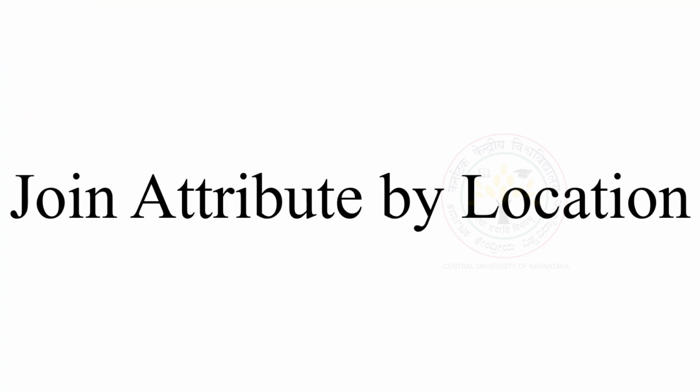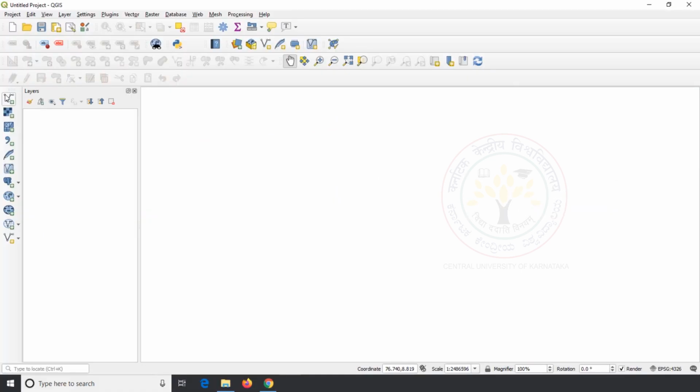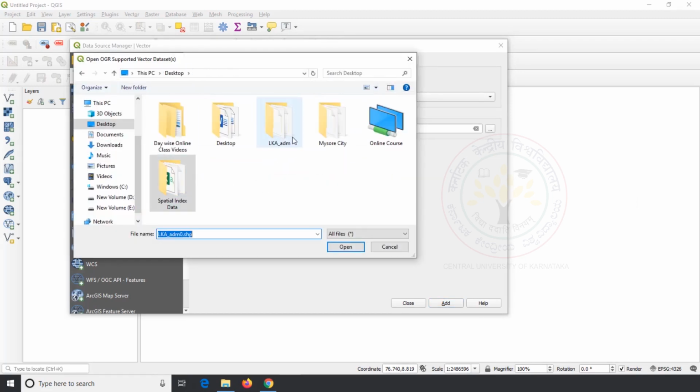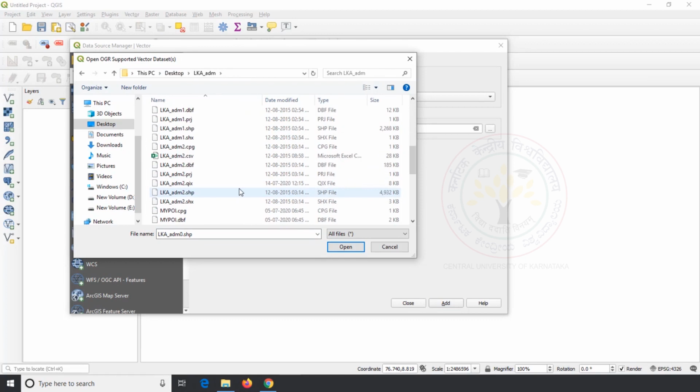Join attributes by location helps to transfer the attribute information from one layer to another layer based on the spatial relationship. For this exercise, I use LKA admin 1 and SOM POI free 1 data.